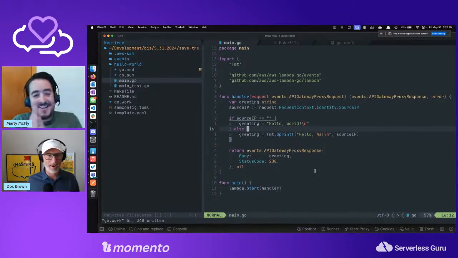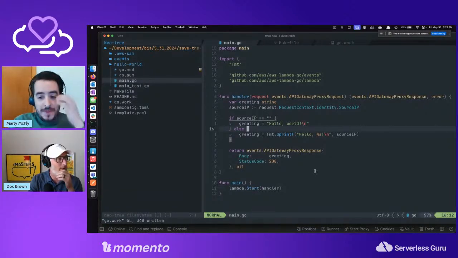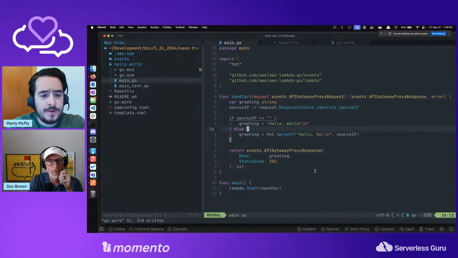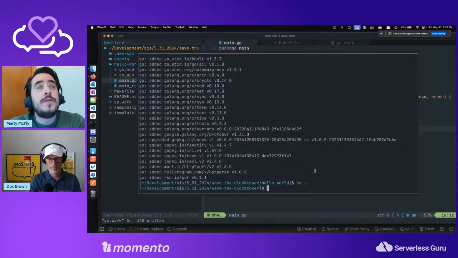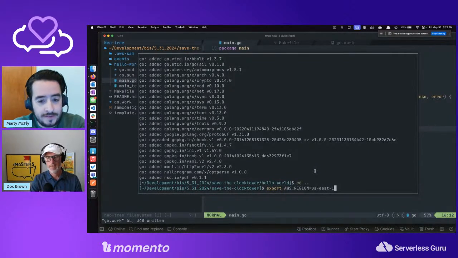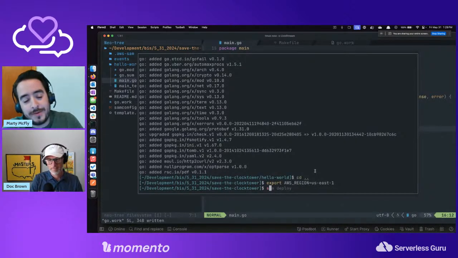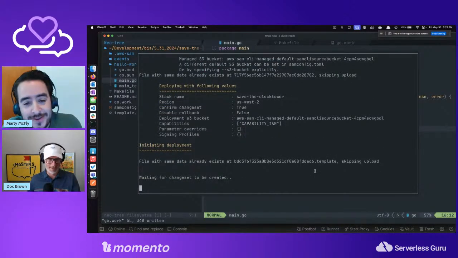So we've got our Go function, which we probably need to change the region I'm deploying in. Hey, quick question. I don't know this. If my profile is set up for US West 2, can I override the profile region with an environment variable? Does that take precedence, Andres? You have that profile for your whole environment, and then you're trying to set this terminal specifically to that. Yeah, what do you think it does? It should take precedence. I don't know. Nope, it does not.